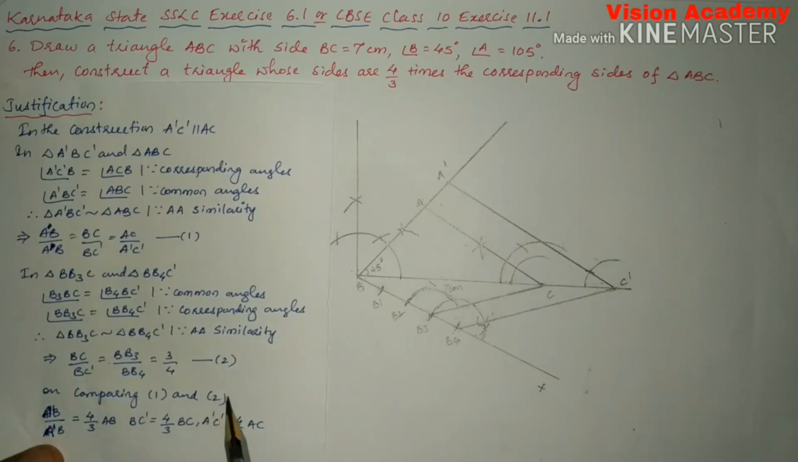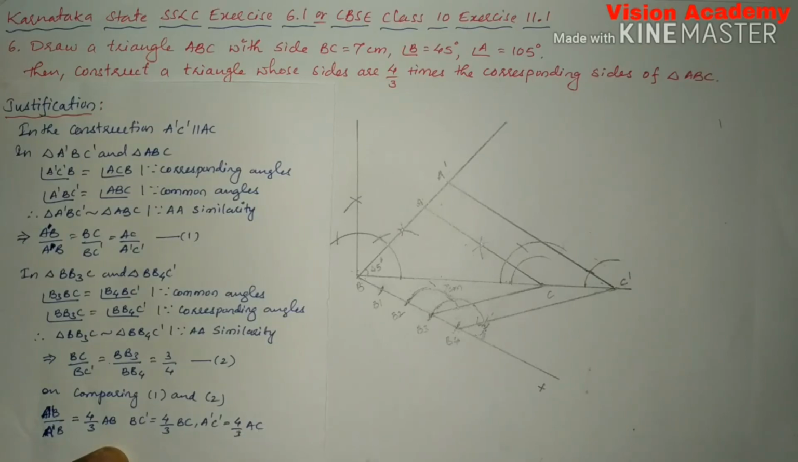On comparing equations 1 and 2, we get AB by A dash B is equal to 4 by 3 into AB. BC dash is equal to 4 by 3 BC, and A dash C dash is equal to 4 by 3 into